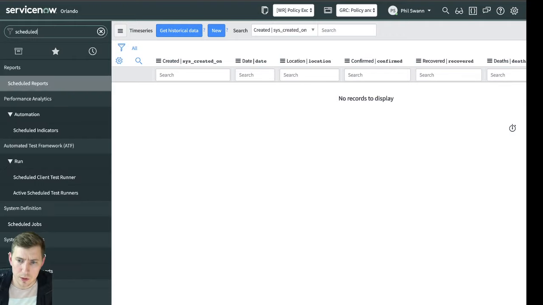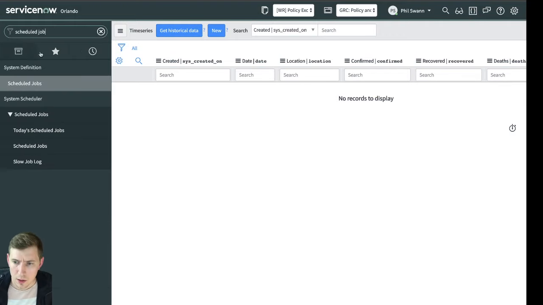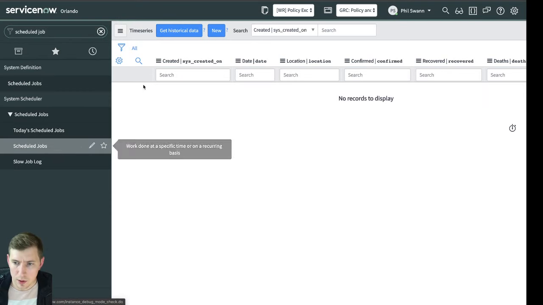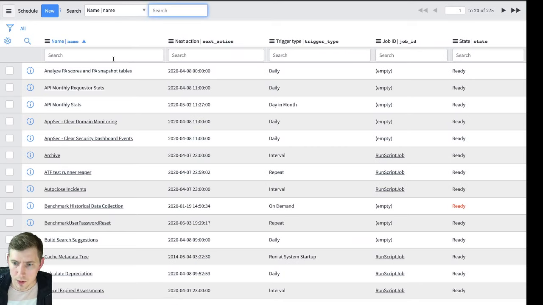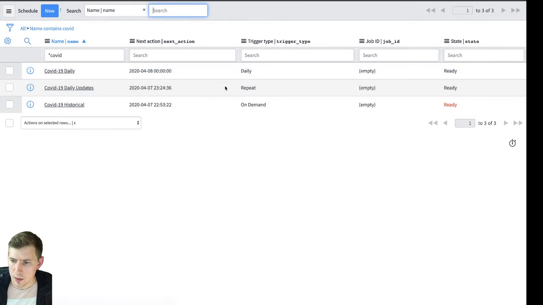So I'm not going to click get historical data. What I'm going to do is look for a scheduled job. You can see there's no time series data right now. If I just pull some in and look for COVID daily, so I need to make sure it's